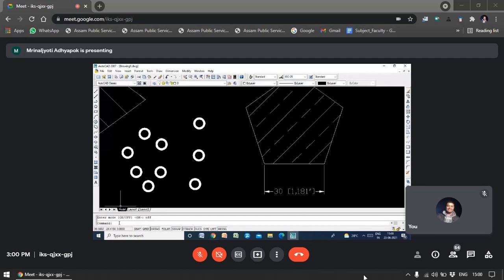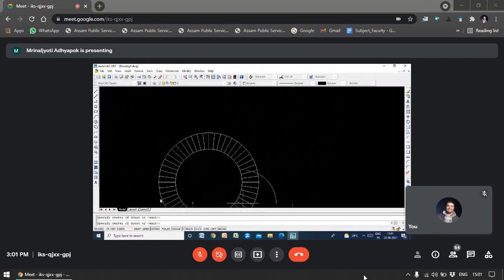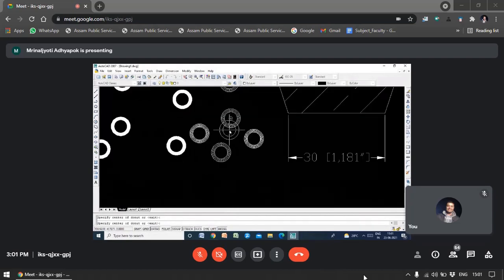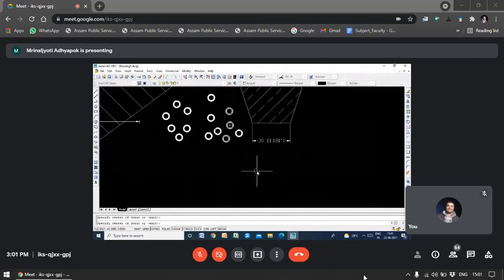Then again you follow the previous donut commands. Donut, press enter. Inside diameter 4, enter. Outside diameter 6, enter. Then draw like this. See here, these are unfilled donuts. Like this you can make. Clear?